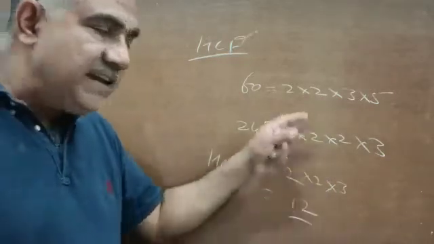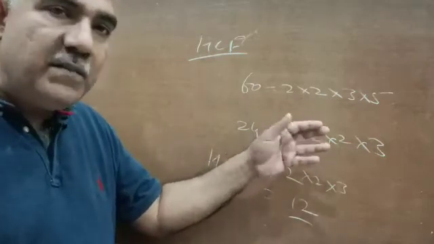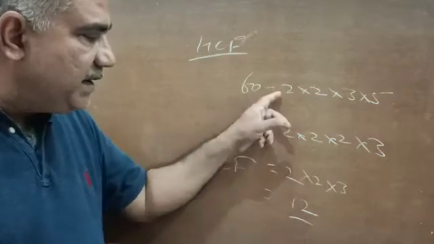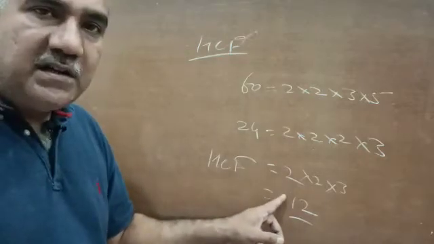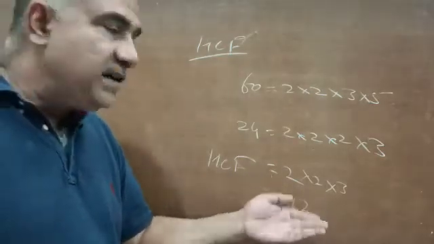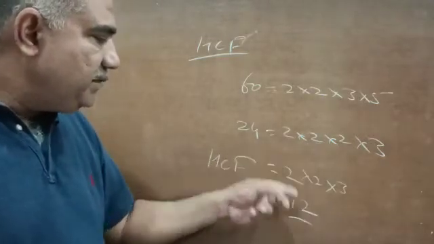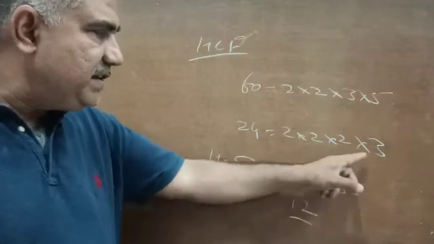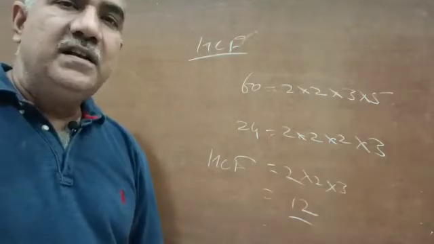It is greatest because every factor that was common has been included. It would not have been the highest common factor if we had taken 2 only once. So it is the highest common factor. Now if you want to divide 24 by this, 2 is there in 24, 2 is there in this, 3 is there, 3, and 2 will come as the answer.